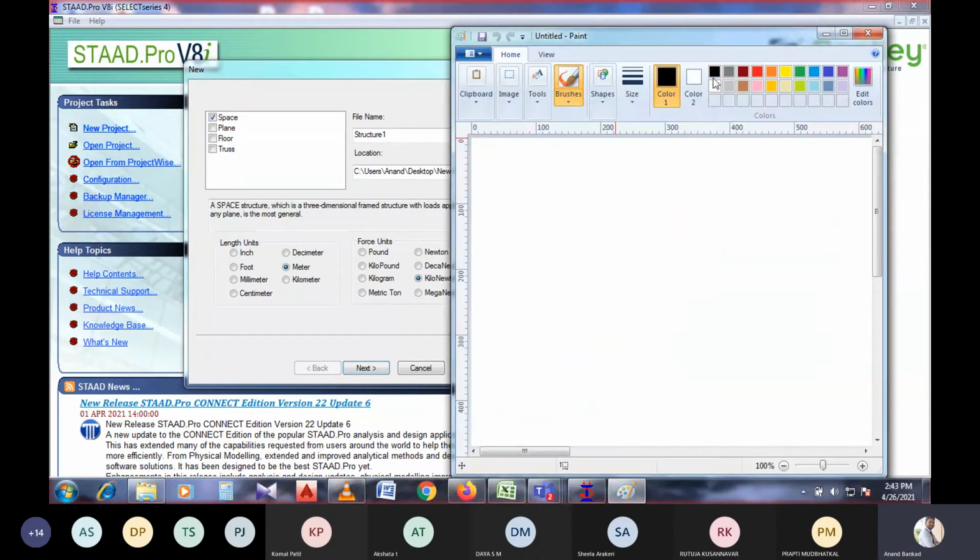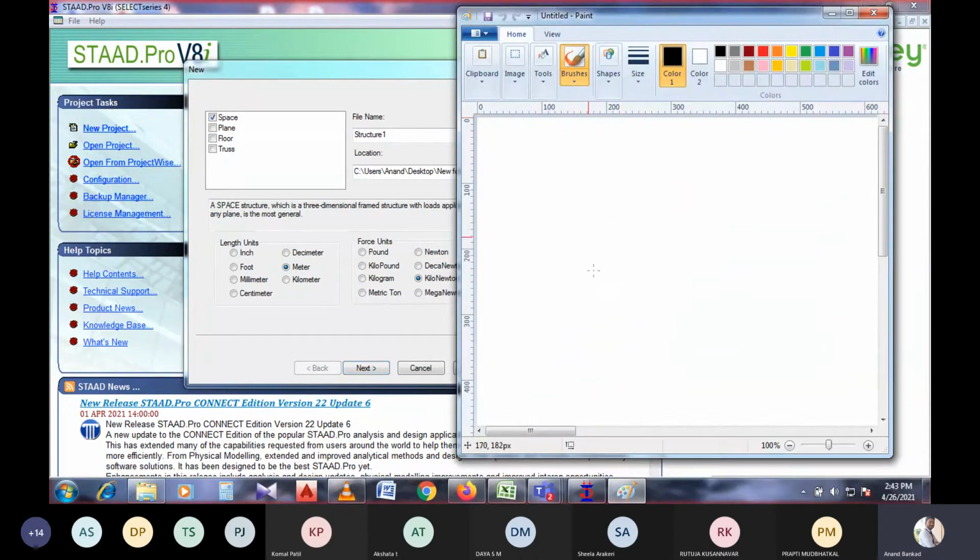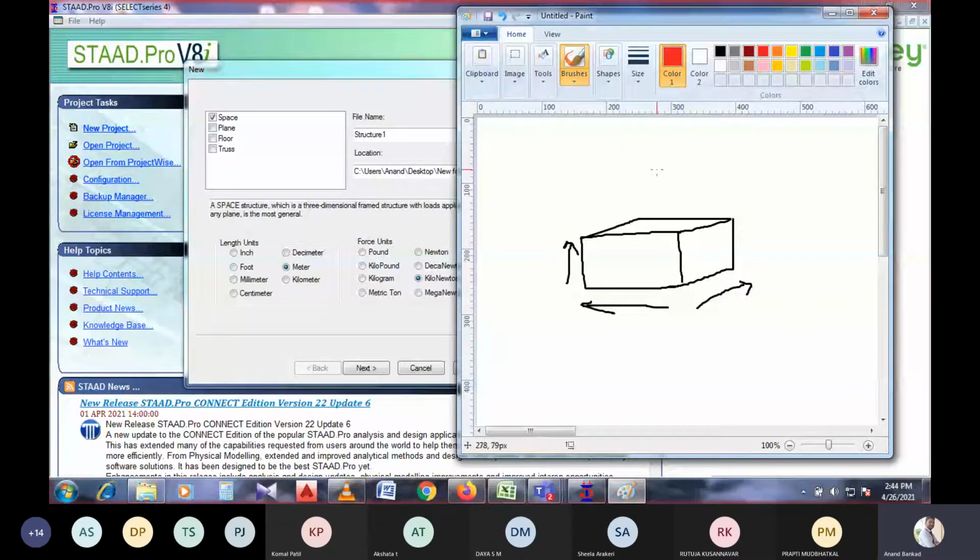If you consider a body in space, it will have three dimensions: one dimension, another dimension, and a third dimension. We will have a three-dimensional view, and we can also apply load in any of these directions.